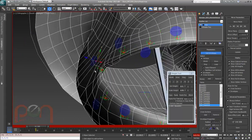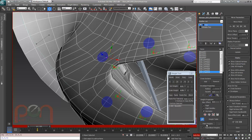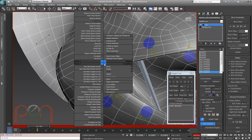It doesn't matter what your little envelope is. I'm just going to use the paint weights function and the paint blend weights functions down here to work with the skinning. So in paint weights, I can just go in and start painting weights. Now, paintbrush size is Control Shift in Max, and Shift Alt is weight. And if you go to my website again and download skin tools, you'll notice that I've got a bunch of features in my menu here that you won't see in yours. My mirroring tools are there so that I can mirror them to the other side. Things like my paint mode, paint blend mode, some preset weights,